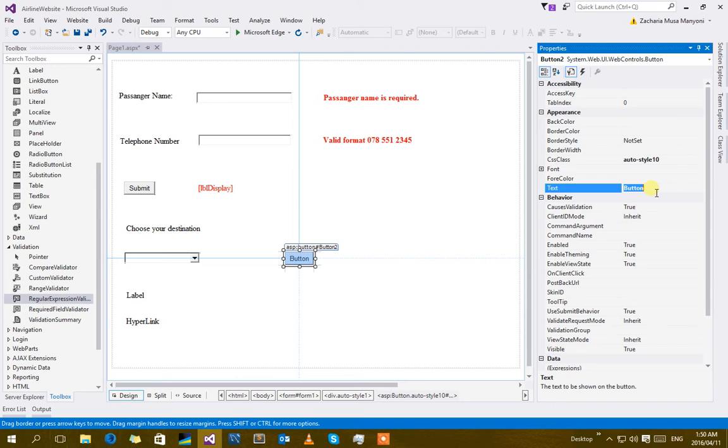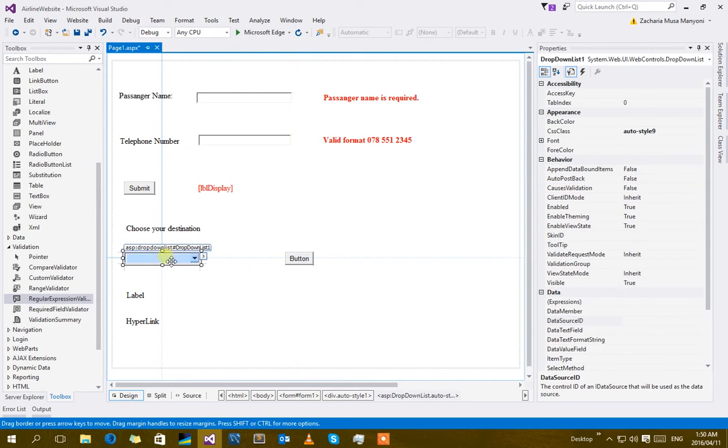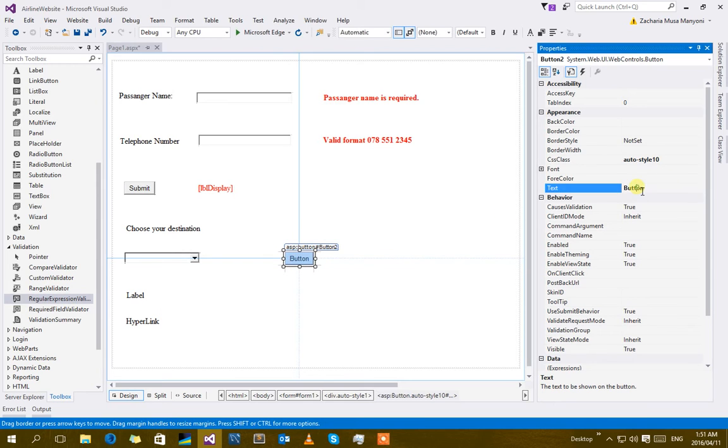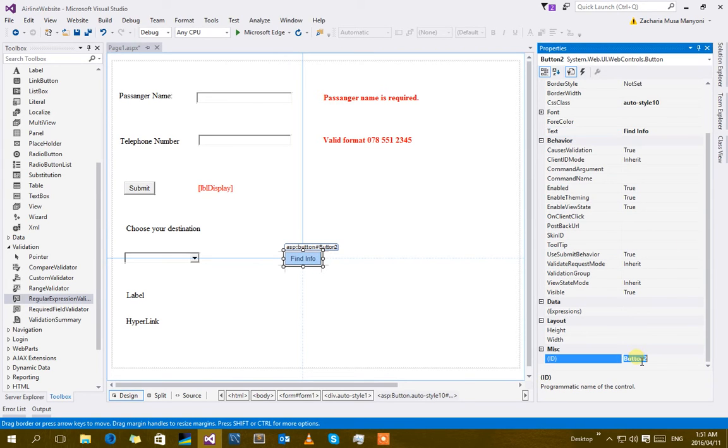This is the button that we're just gonna click for reloading the page whenever you add your items into the cookie collection. And of course guys, you can still use the value changed index of the drop down list to reload the page whenever it does it. But for this question, we're asked to use the button. So button property would be find info, and the conventional way would be to name it btn find info, unless